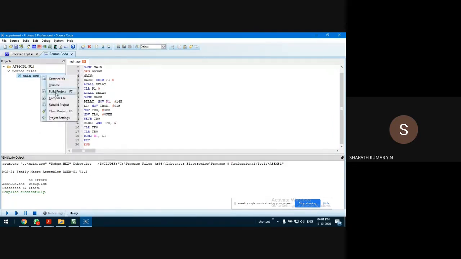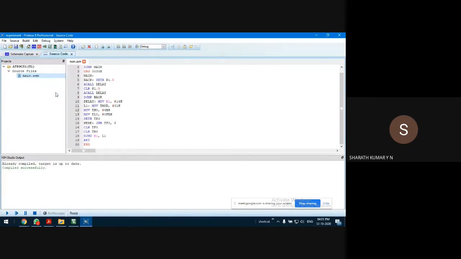Next is build project. This will generate the Xcode. It will store it in the default location. We need not bother at this stage because anyway it's going to access the Xcode. We need not worry about that. So this is how we are going to type the program and compile the program.